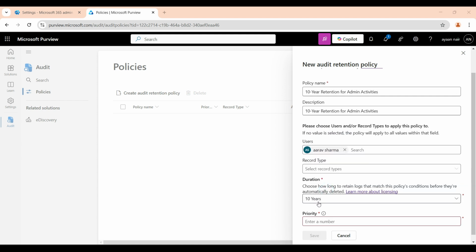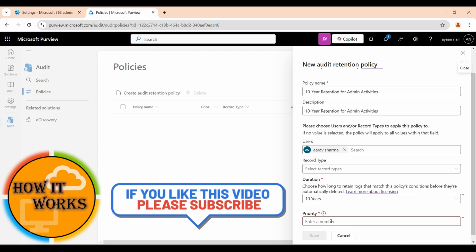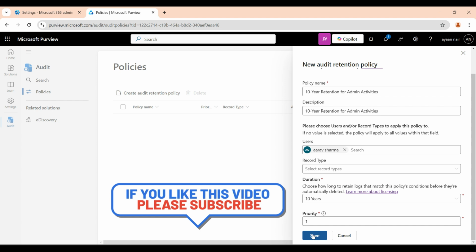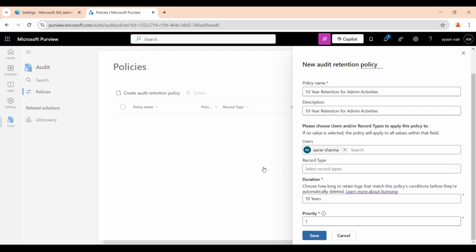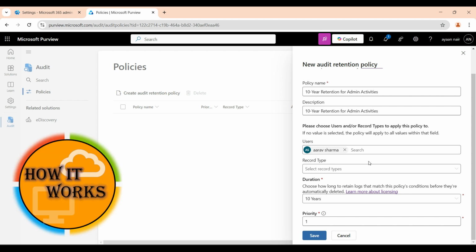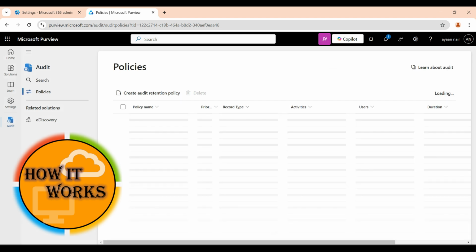The assigned priority number: 1 is the highest and 10 is the lowest. So you can go with 1 if you want priority, and then assign and save. So that's it. This is what you need to do if you want to retain your audit logs for the next 10 years. This is not a big thing. The big thing is you need to have an E5 license plus an extra add-on license to maintain these logs for